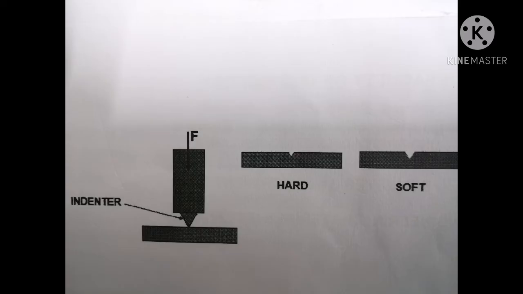While considering the quantitative hardness test technique, we use a small indenter that is forced into the surface of the material to be tested under controlled conditions of load and rate of application. We can measure the resulting indentation size and depth, and we can find the hardness number.